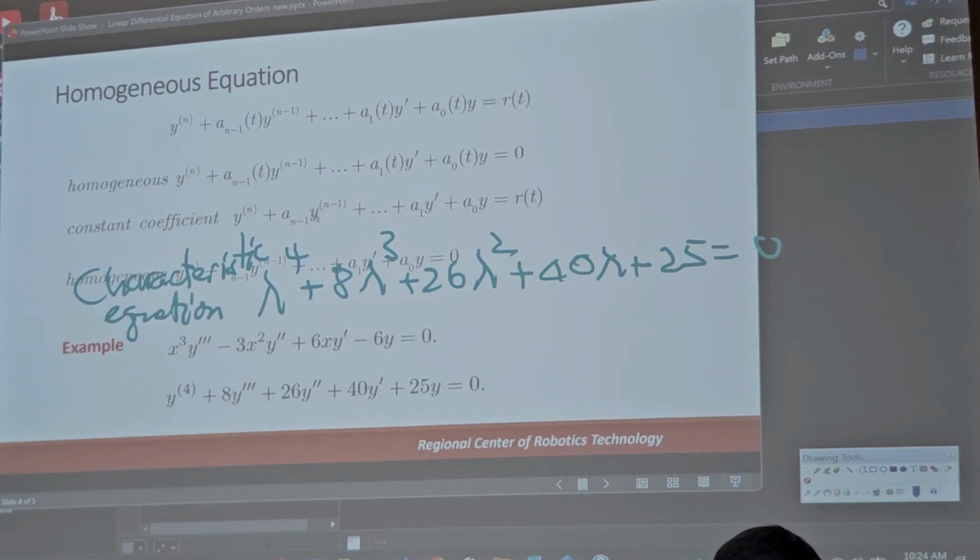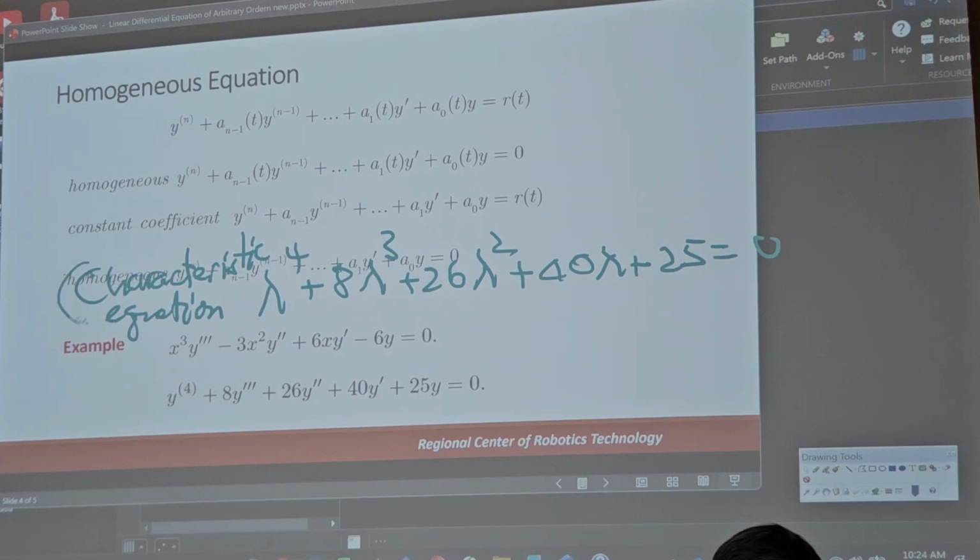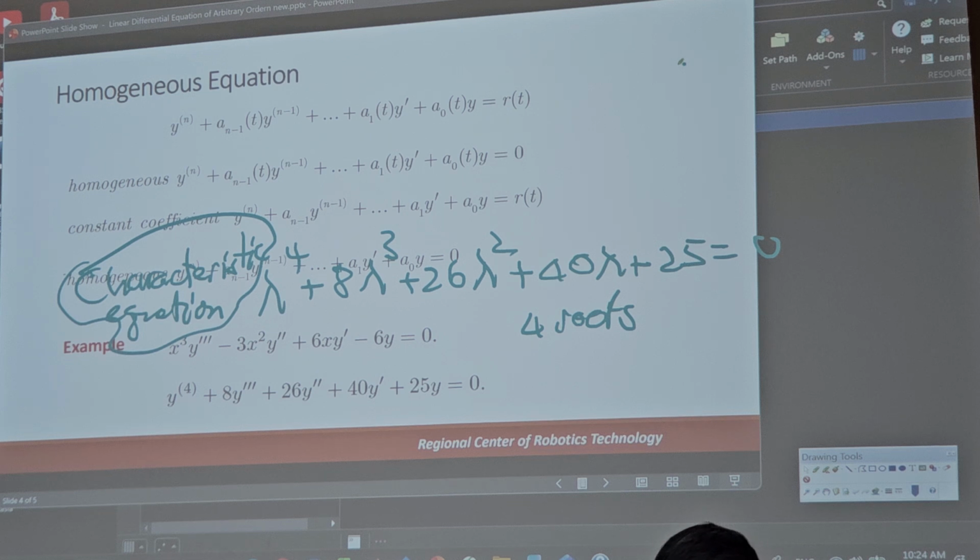If you do the exam and you don't write the characteristic equation, you will lose marks. You have to write it. You have to learn, practice, and make it your habit. So you solve this one. Actually, there are 4 roots of this one, right? So in this case,